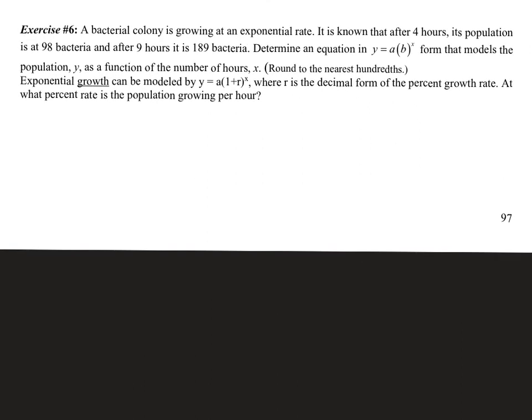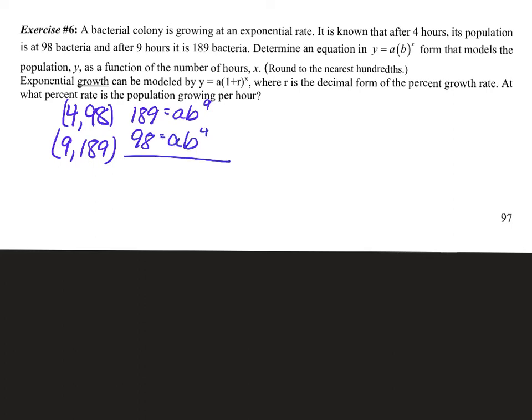So this is basically the same as all the other ones. It just happens to be in the word problem. They are giving us the 2 points. The first point, time is always x, right? And then the y is the bacteria. So it's 4, 98. And the second point is 9, 189. I'm going to follow the same steps. So I have 189 equals ab to the 9th, and then 98 equals ab to the 4th, and I'm going to divide those. And 189 divided by 98